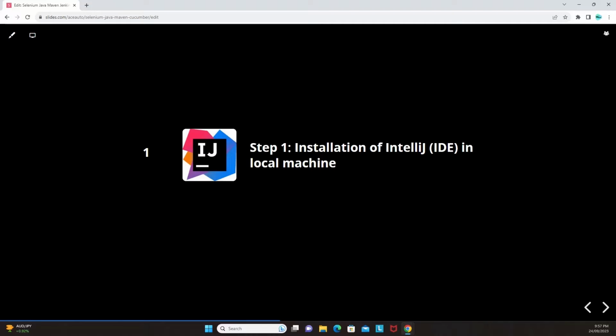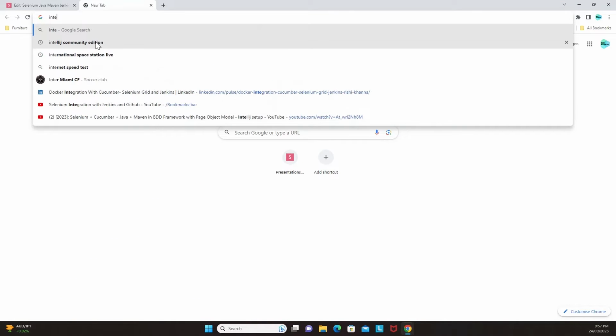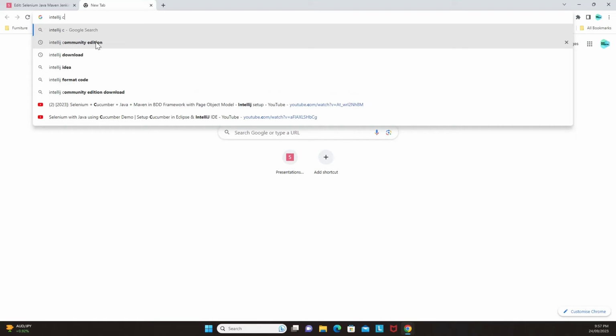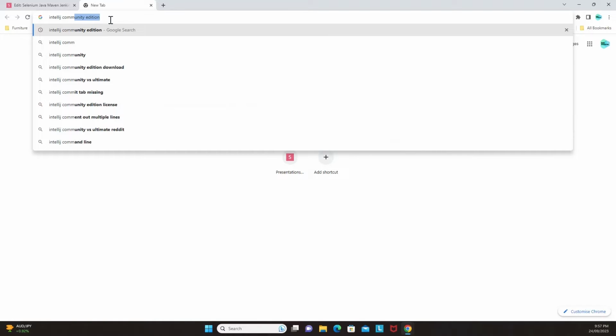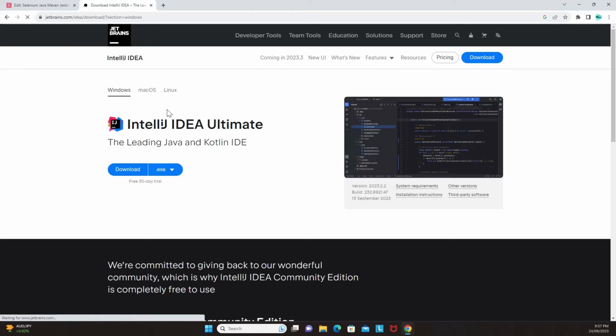So for installation of IntelliJ IDE in the local machine, what you need to do is click on Google and then look for IntelliJ Community Edition. You can search this in your browser, and then you can click on the download IntelliJ, the leading Java and Kotlin IDE. Once you click on the link, the first link that you will be able to see